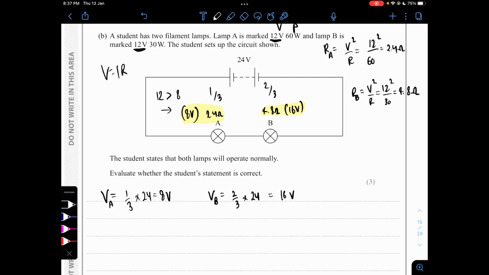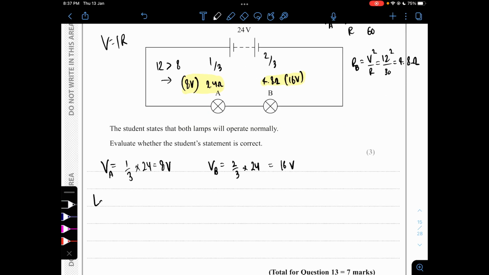So we can say lamp A requires less potential difference than lamp B, because this is 8 volts and this is 16. It requires less,